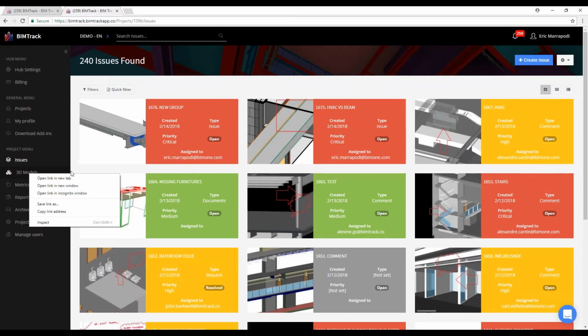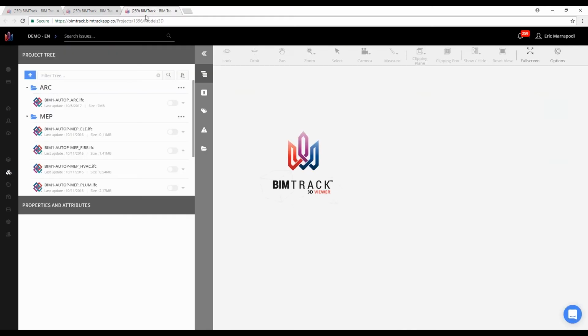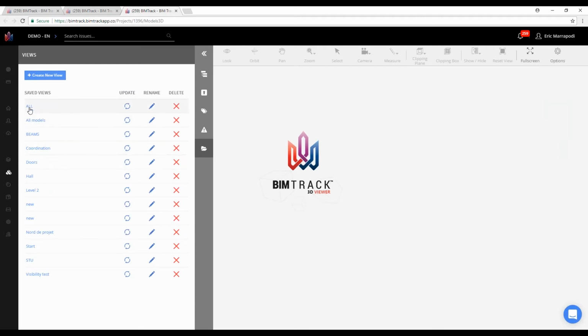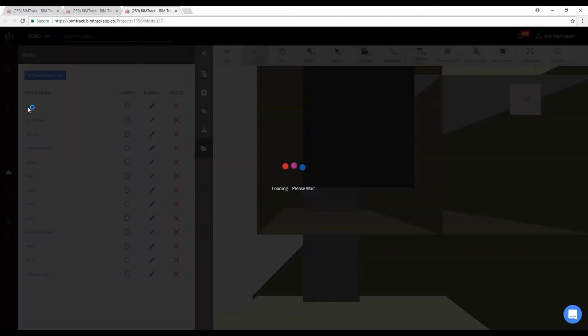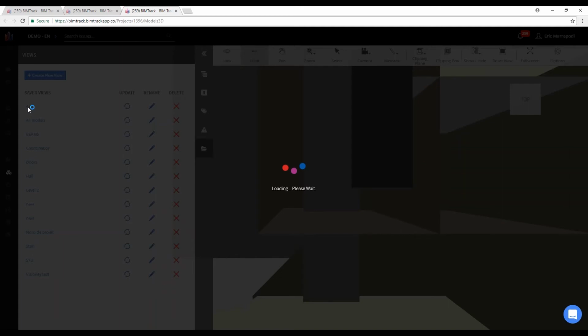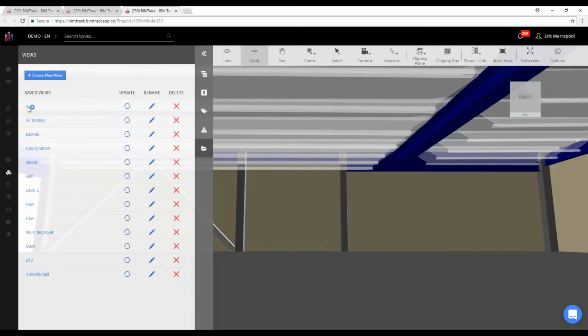So if we open a new link to the viewer of BIM Track, we can see our models. We can also open all of the models at the same time, so it will save you a lot of time instead of opening all of the IFCs one by one from a viewpoint. And then you can click on the issue list